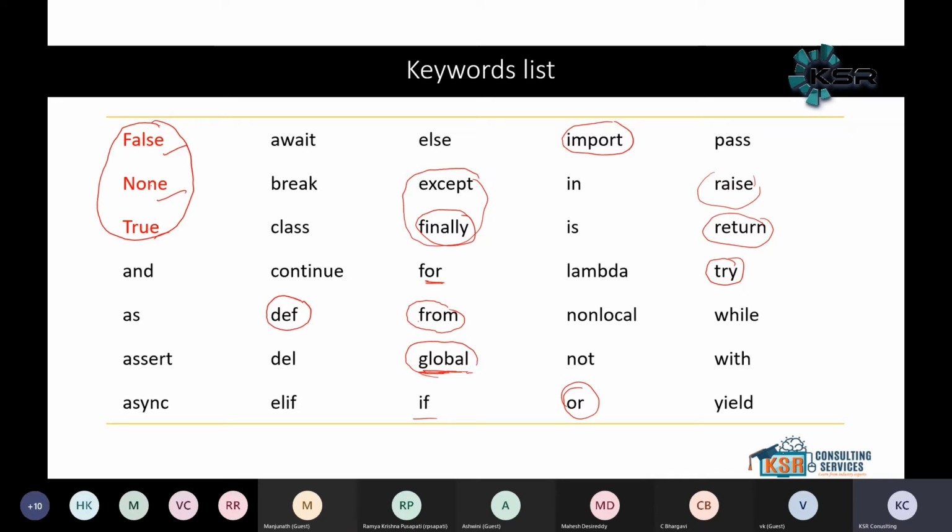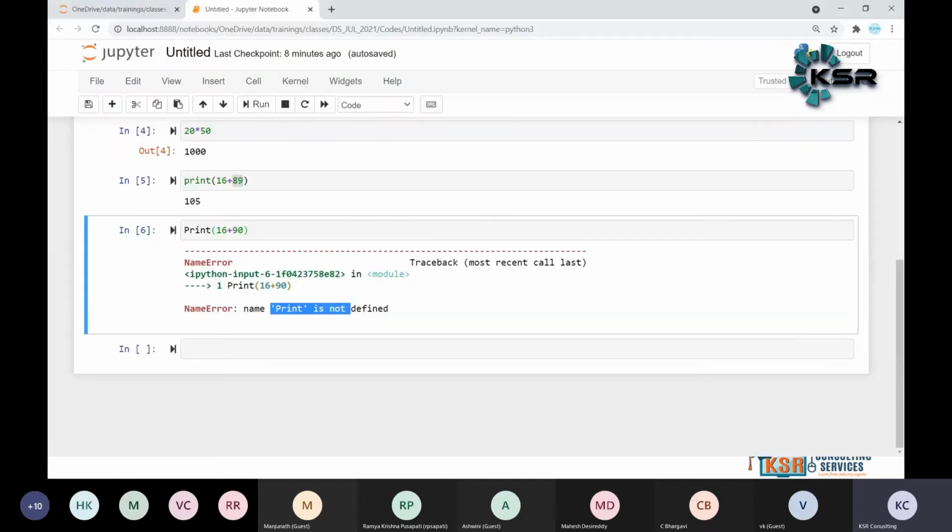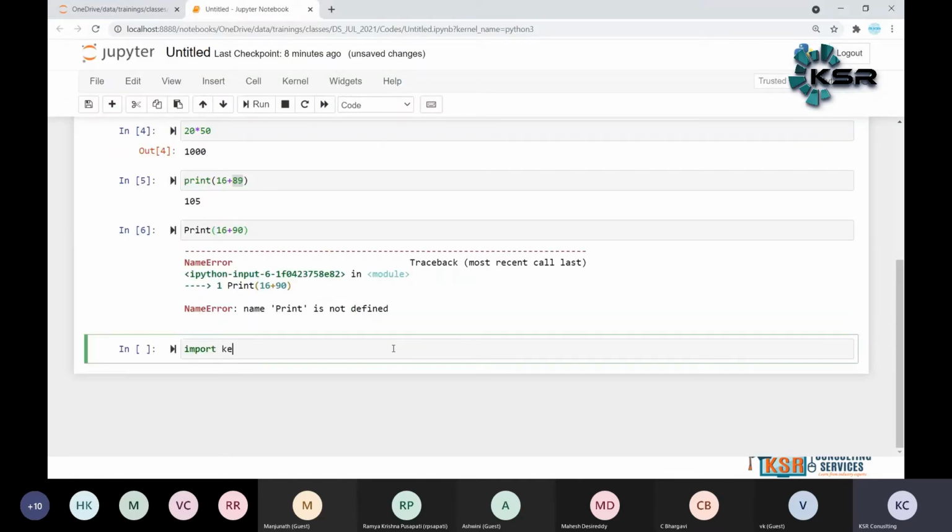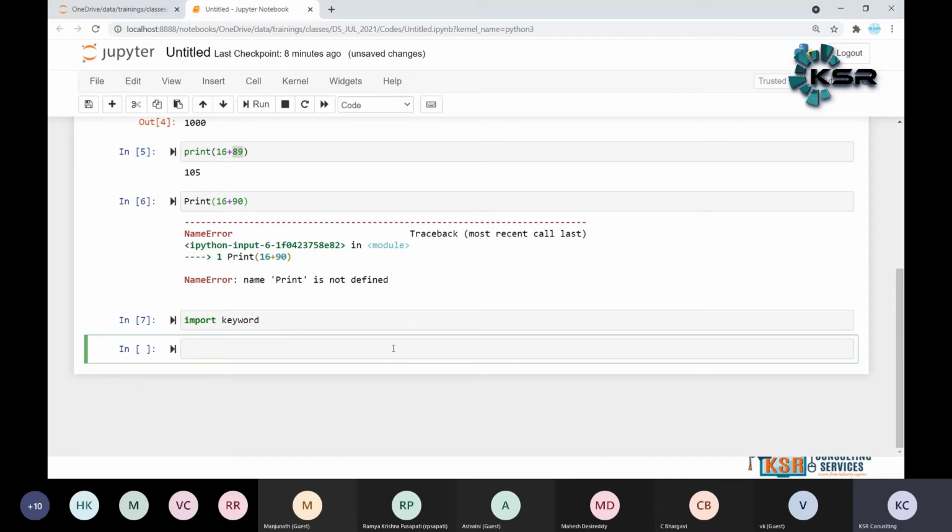To get the current list of keywords, just type import keyword, and then print keyword dot kwlist.